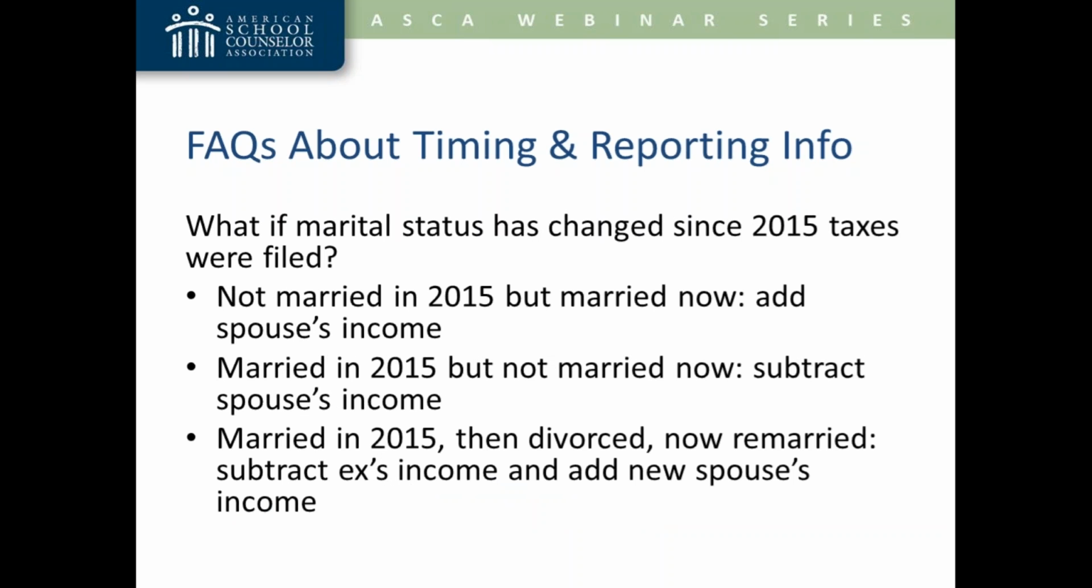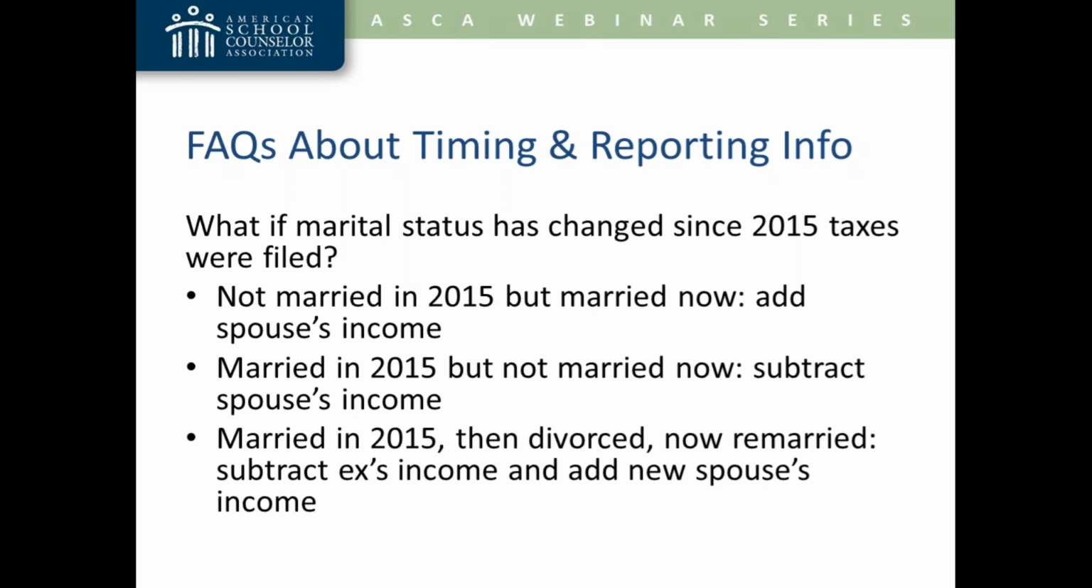Right, what if the marital status has changed since the 2015 taxes were filed? So let's say we're talking about the student's parents. They weren't married in 2015, but they are married now. So what needs to happen is the marital status is as of today. They need to report their status as married. And the spouse's income is going to need to be added to the FAFSA. So they wouldn't be able to use the IRS data retrieval tool because they filed totally separate tax returns in